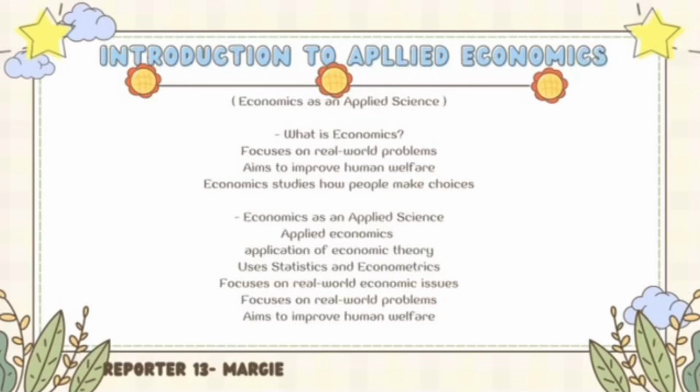Employment, they analyze job markets, education, and business conditions to suggest ways to create more jobs. With inflation, they look at prices of goods and services to understand why things are getting more expensive and how to control it. In simple terms, applied economics turns economic theory into practical actions. Its main goal is to help governments, businesses, and organizations make better decisions that improve people's living conditions and overall